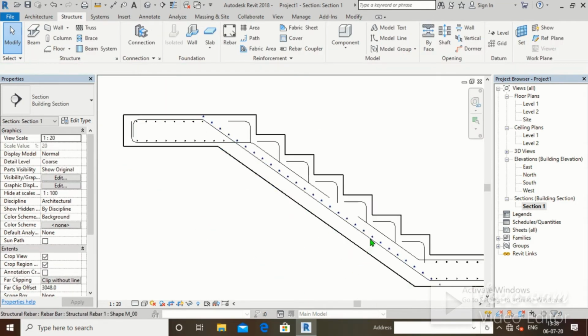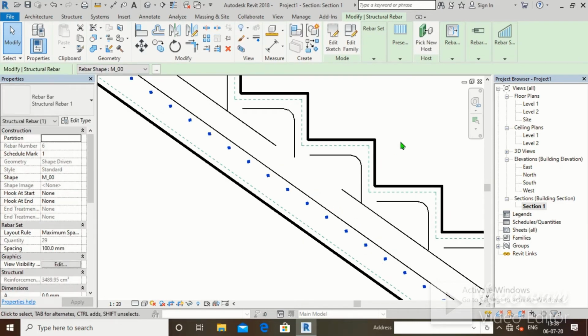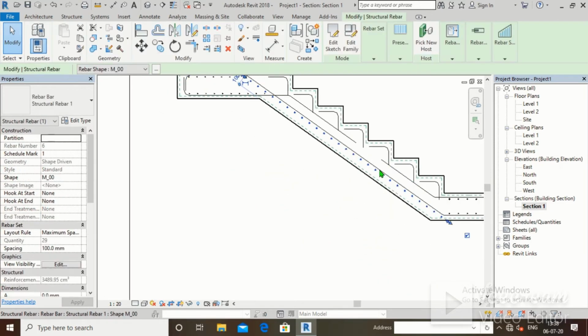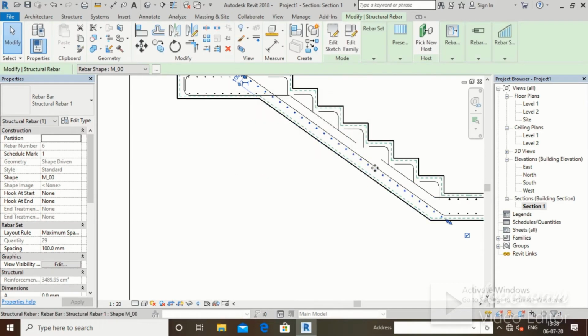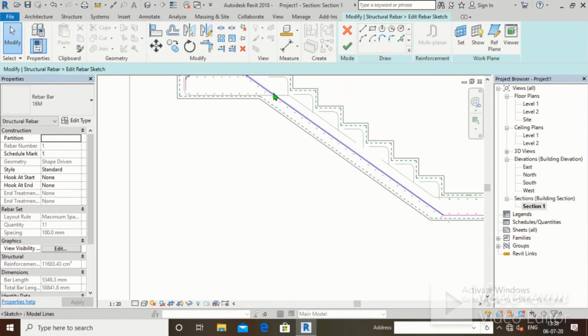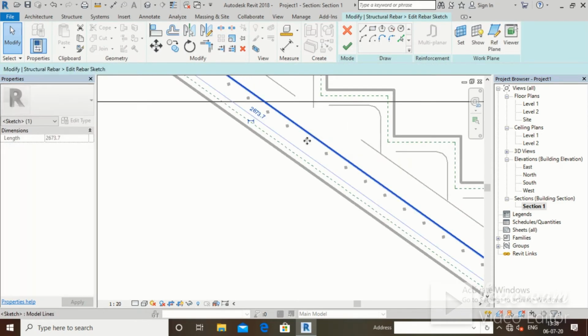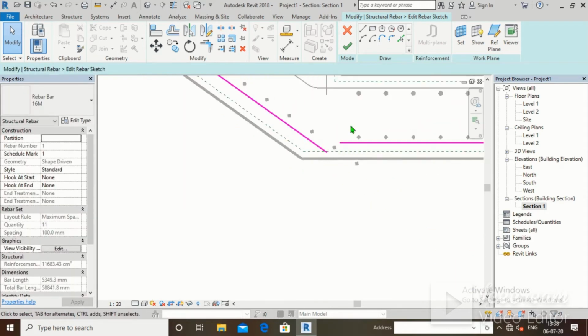We will move it a little bit downward. Now we will change this angle. Edit sketch. Okay, we will take it till here, and we will use the trim command for this.